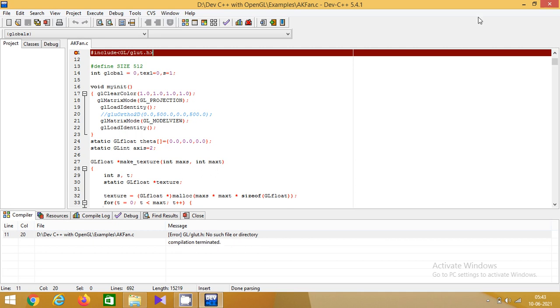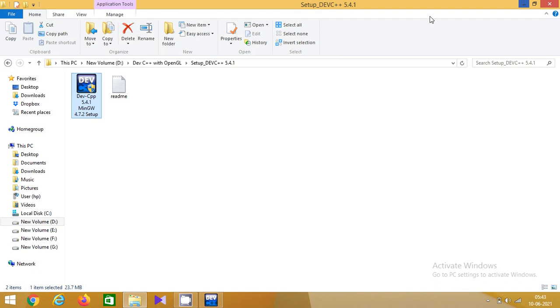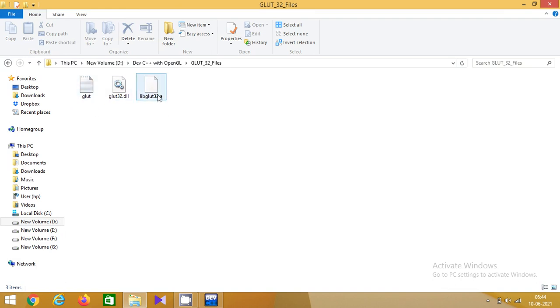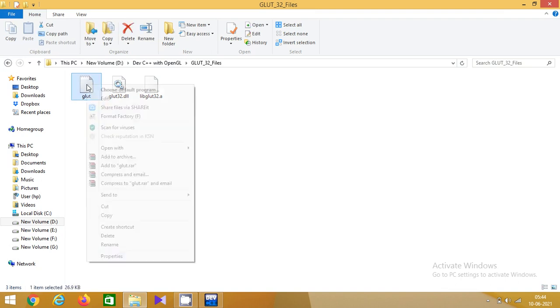So in the second stage, we'll copy and paste these files at the appropriate location. First I'll copy this glut.h header file.